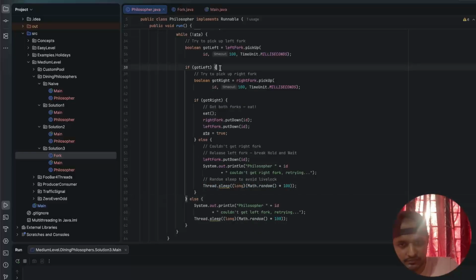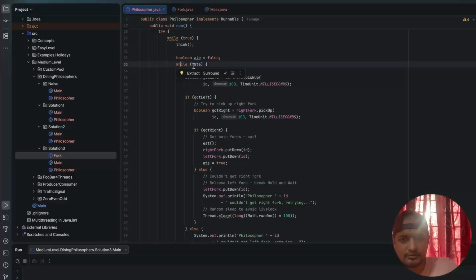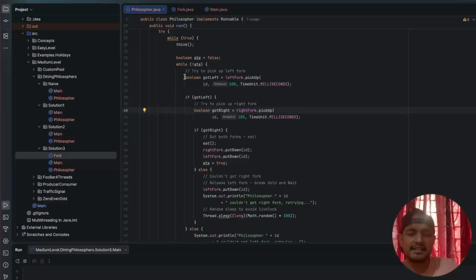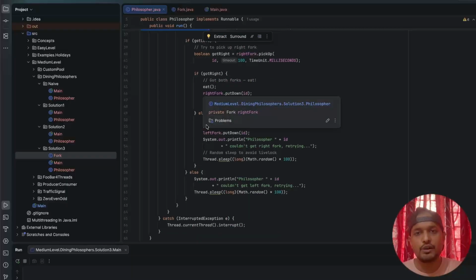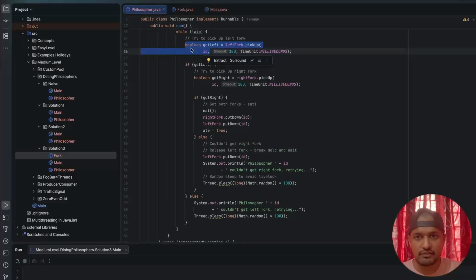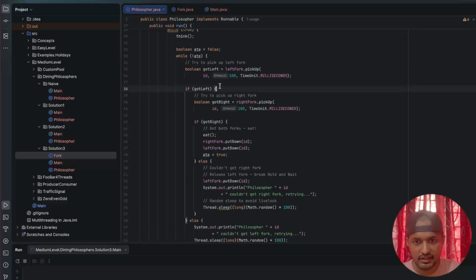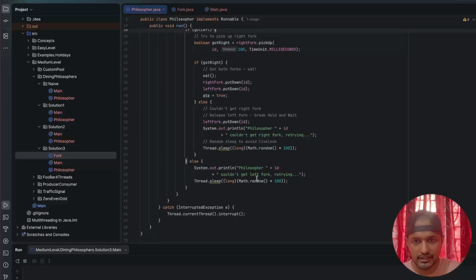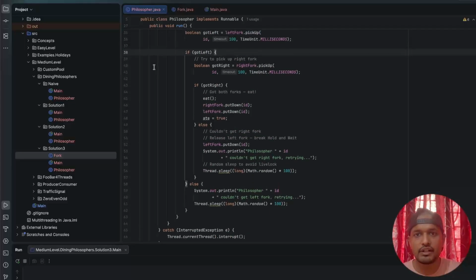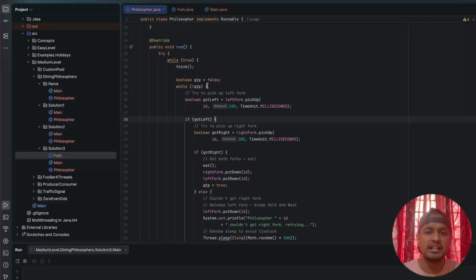Now one more thing. Why this second while loop? While not 8, right? So without this while loop, if philosopher doesn't get the left fork, then without eating in the first cycle, what it will do? It will just break out of this. All these conditions won't be satisfied, correct? It will not get the left one. It will go ahead and wait for some time, and it will go back to thinking without even eating once,